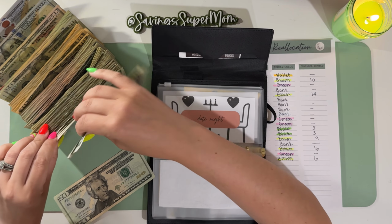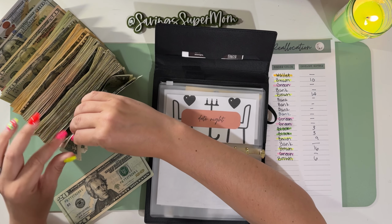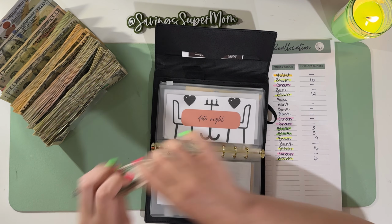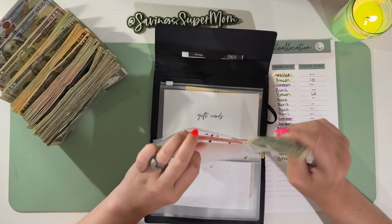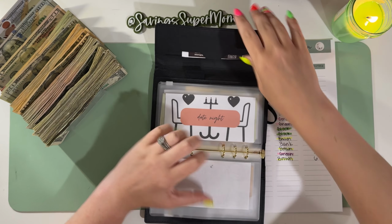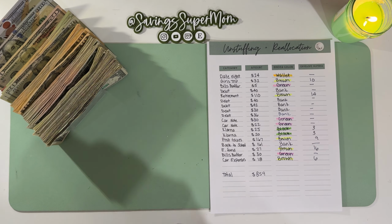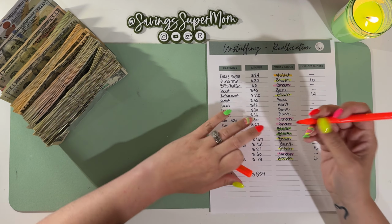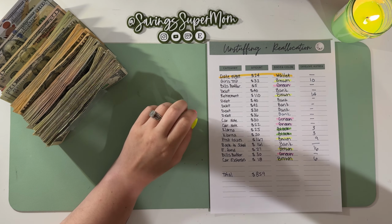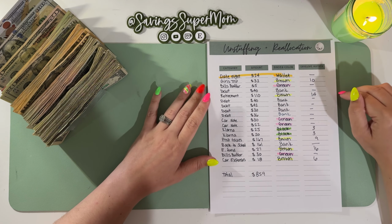So we are going to be going on that food truck rally in July, so we wanted to save quite a bit of money for that because it's 5 hours long, and we want to be able to go pretty much to every single one. All right, so let's cross this one off, and then let's hop into